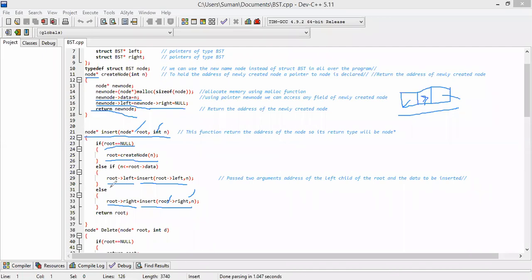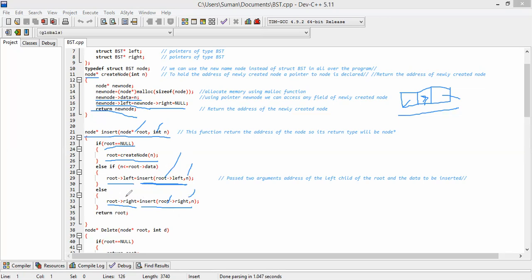That's why you see root left equal to insert here. Root left is the address of the left child, and the data. So on the left side it will be inserted.